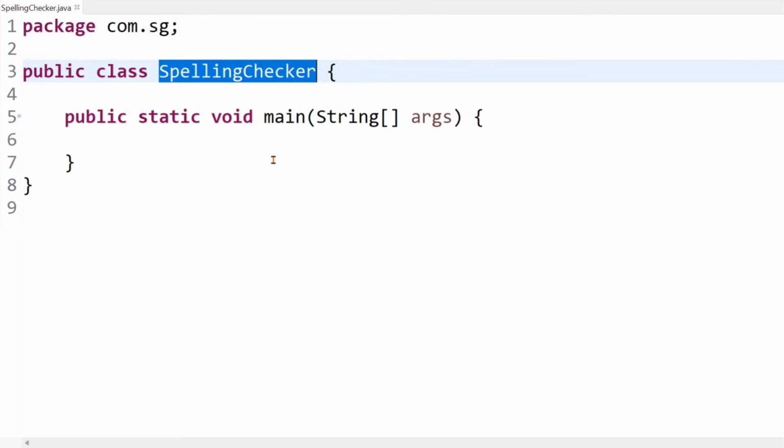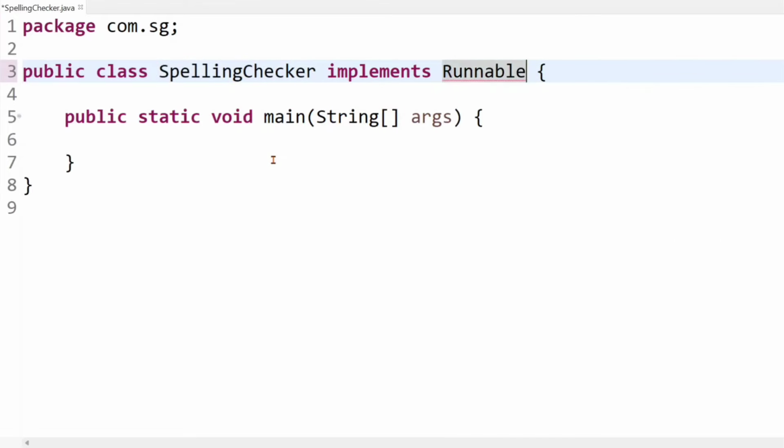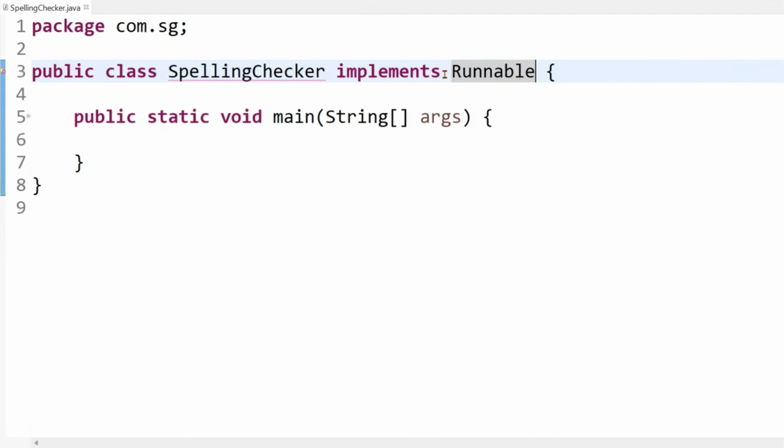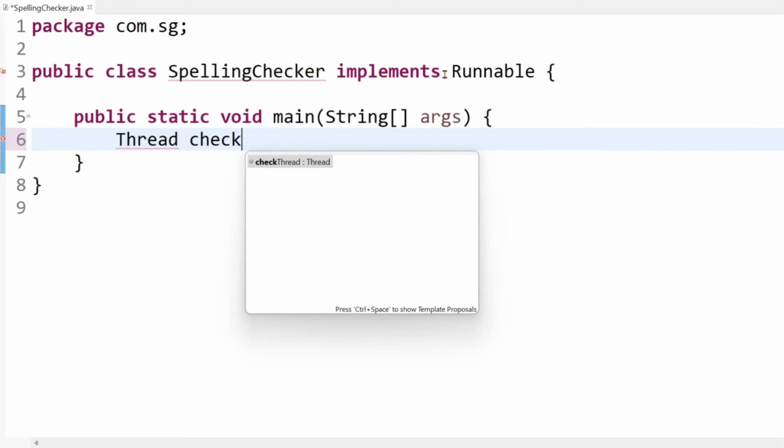And now let's implement the Runnable interface, because we are going to create a thread and override the run method. Okay, and now let's create a thread, suppose checkerThread.